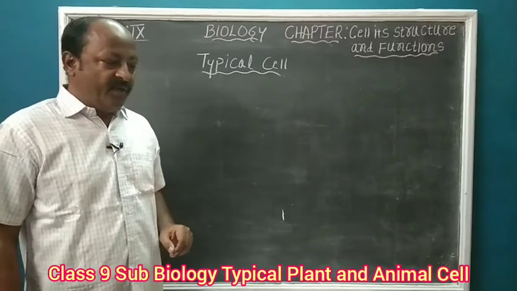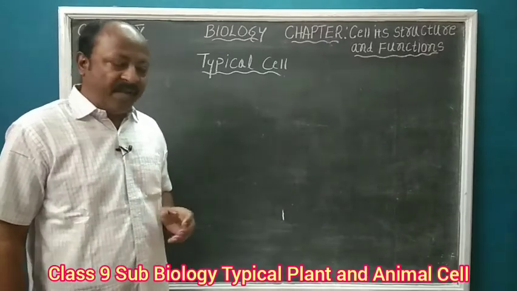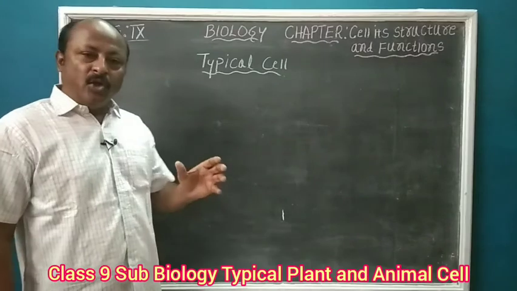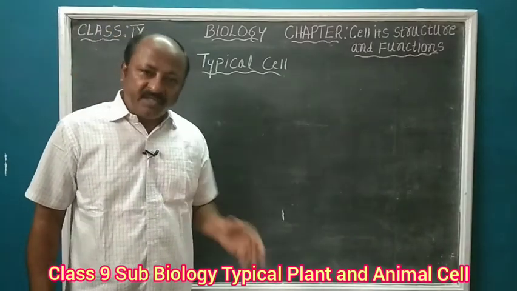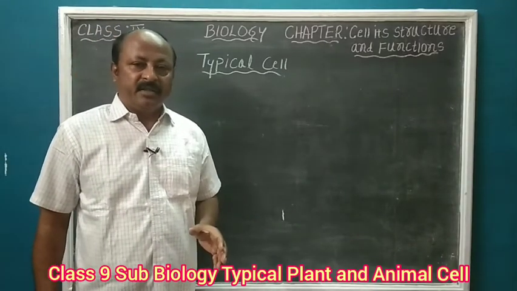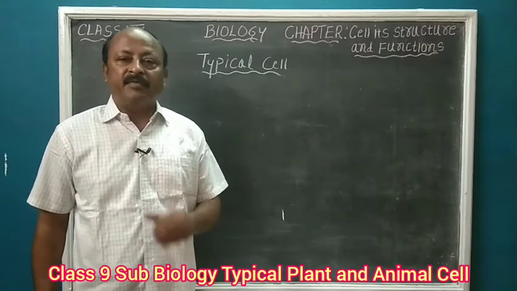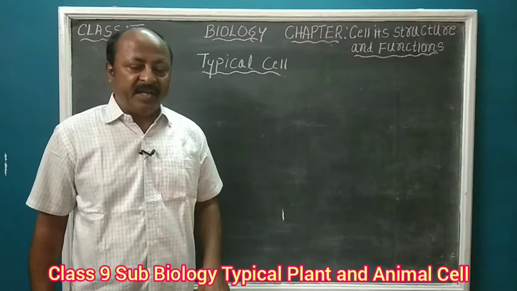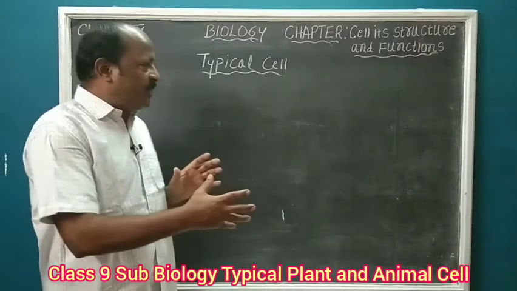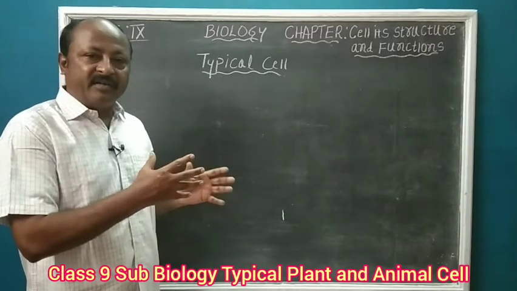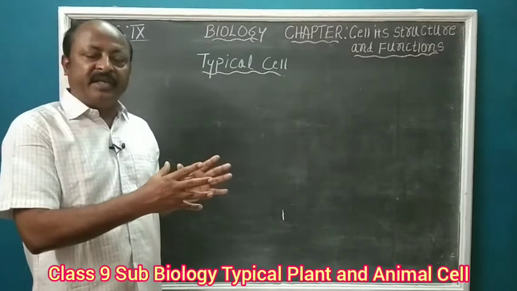For example, when we talk about plants, the chloroplast present in most of the green plants will not exist in some of the plants like parasitic plants. We know that chloroplasts are green colored structures which are present in the cells of the plants.